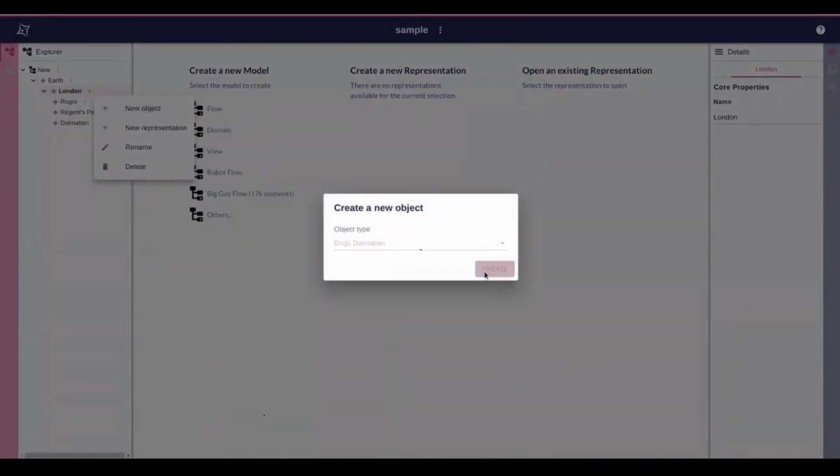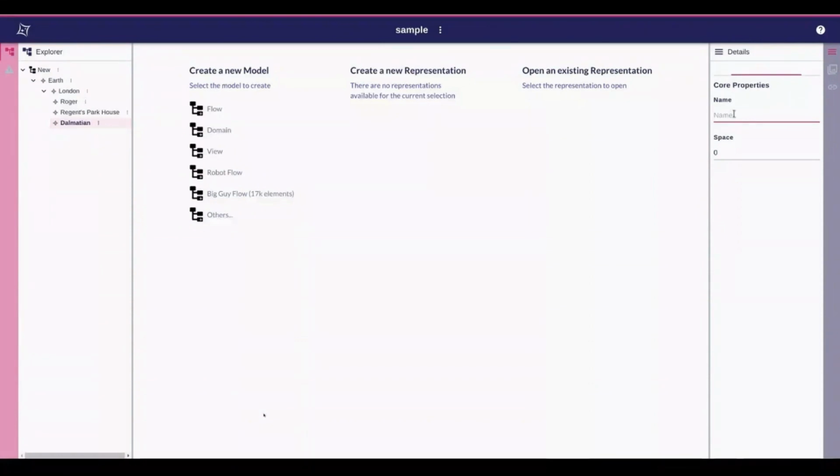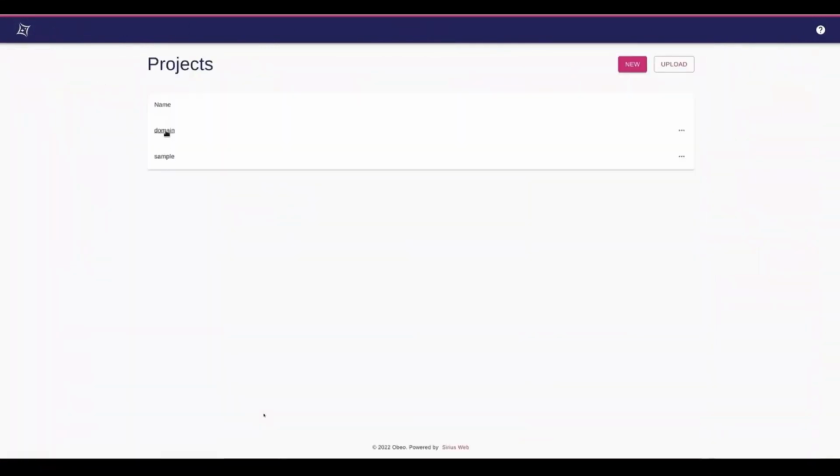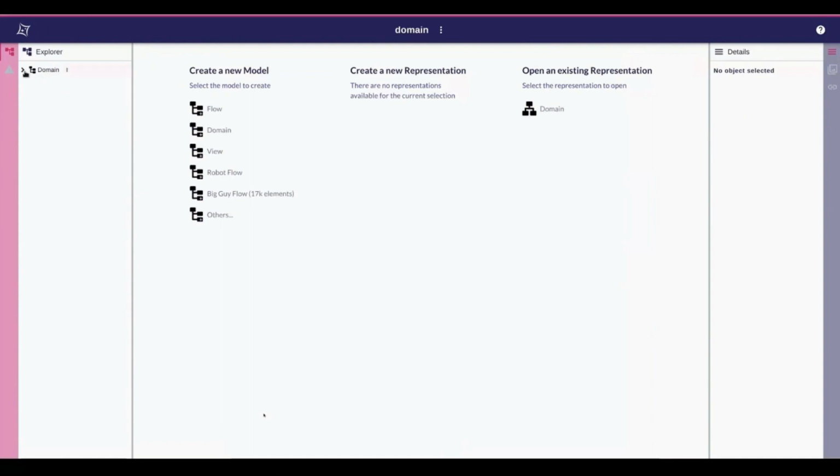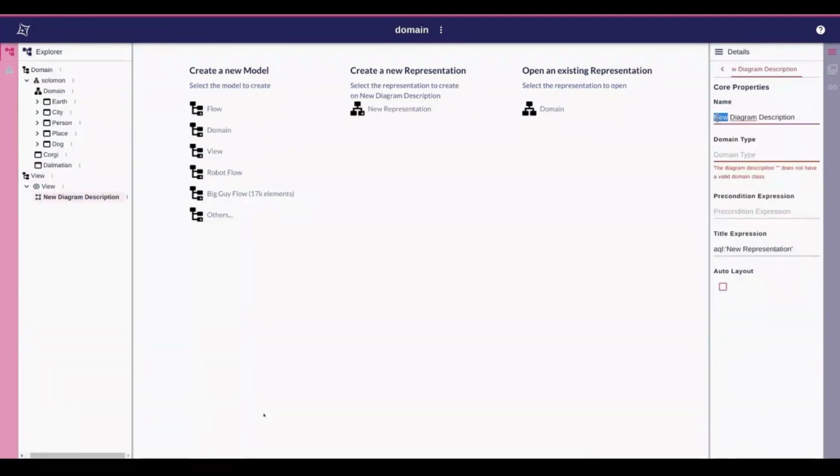editors, Sirius Web provides me everything I need to update, create elements in my domain, create an instance of my domain. So here I created, for example, a dog, which would be Pongo, and Pongo lives with Roger, so I just did this. So I will go back to my domain now to create another kind of things. Now I don't want anymore to update my domain thanks to